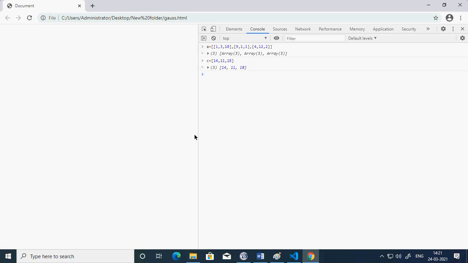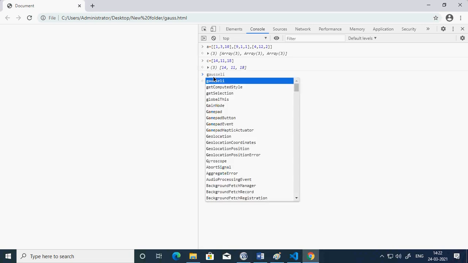Anyway, we are going to have the upper triangular form. The logic of the upper triangular form is the same as pivoting. So again, the same logic we are going to repeat. In pivoting, we exchange the rows, whereas in the upper triangular form, using the same logic, we perform a subtraction operation. That is the only difference. So the same logic again we are going to repeat.